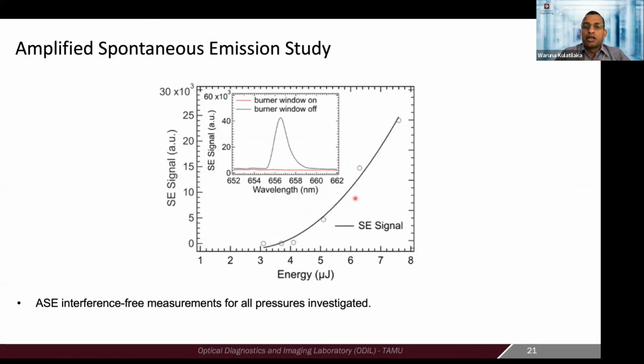So that is bad, because specifically in terms of when you try to quantify these signals, we want to make sure that we have the stimulated emission, or if we don't have the stimulated emission, that's a good case. So in this particular case, we check the stimulated emission signal as a function of our laser energy. We see when the laser energy reaches some threshold value, the stimulated emission signal starts, because population inversion happens very, very efficiently at those higher pulse energies.